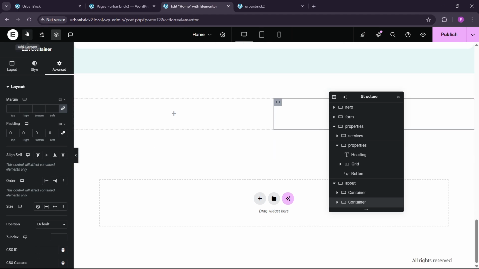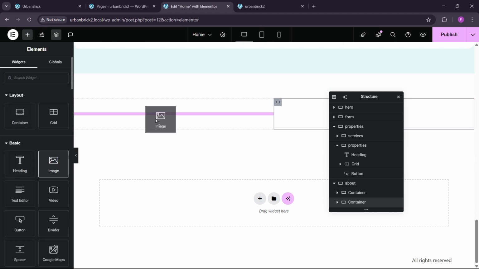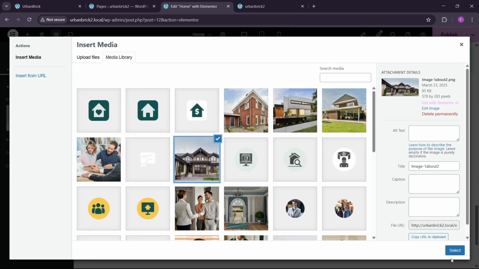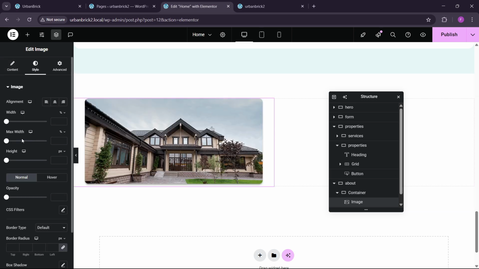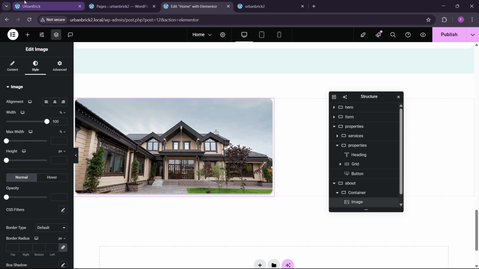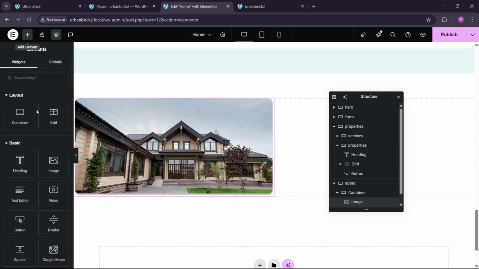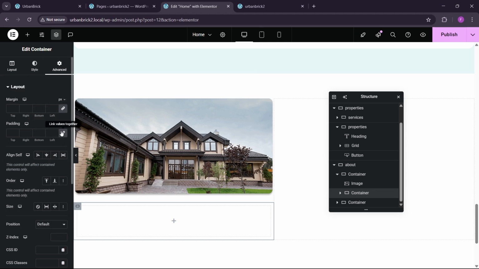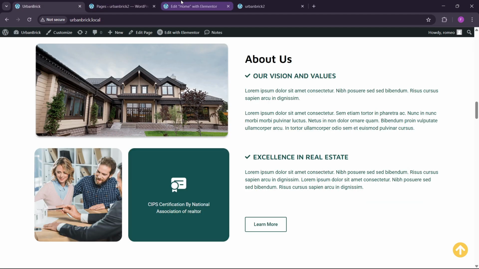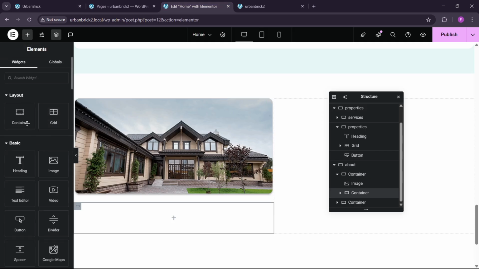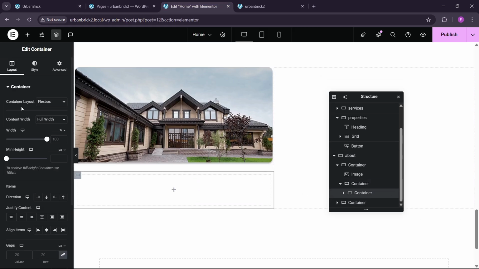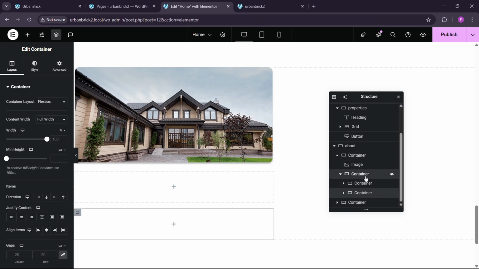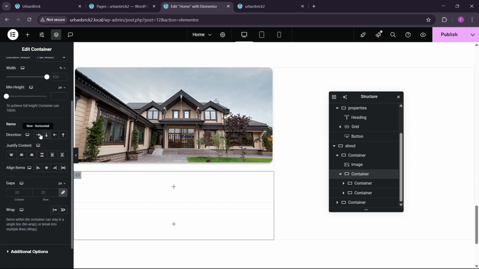Okay, so for what we can do, we can just add an image here. So let's add this image, and let's see which image is this. So we can choose this image like this. Okay, so let's go to this, and here we can have the max width. Okay, now we have to make this. So for this we can add a container. Okay, and here we can remove this padding. So now again we can add 2 more container inside this. So this is the first container, and let's duplicate this,